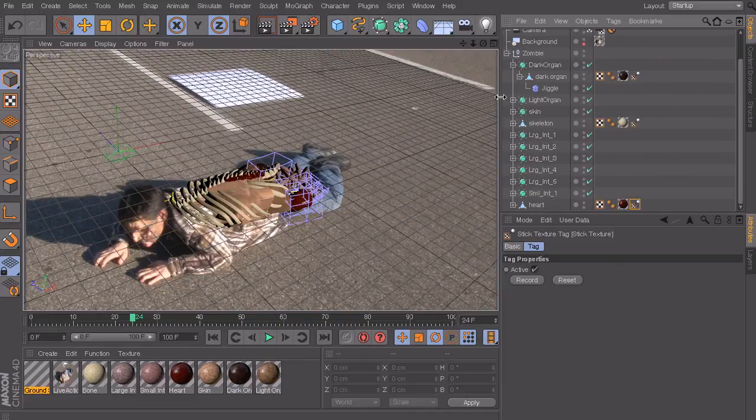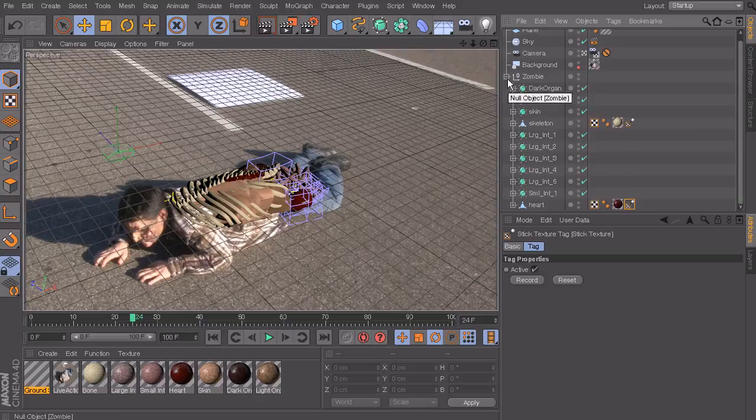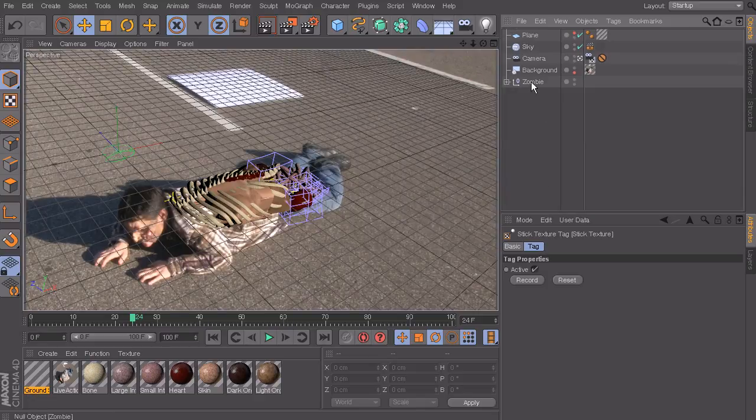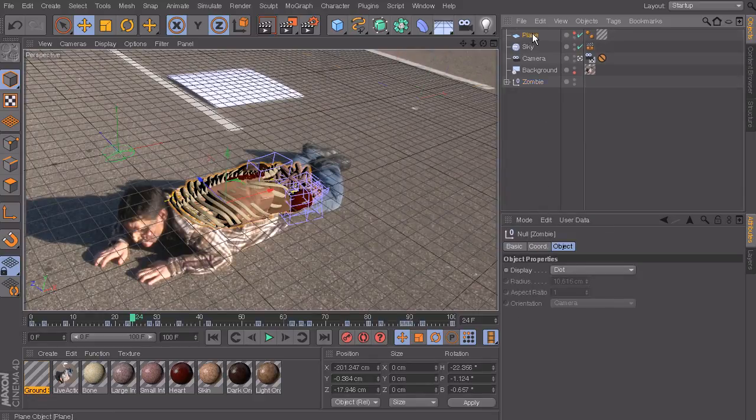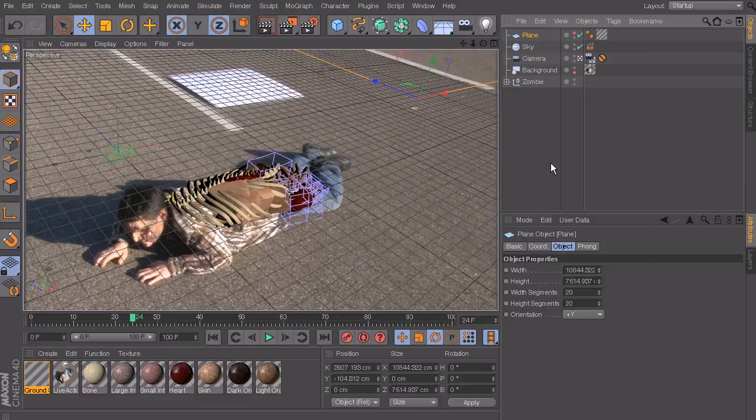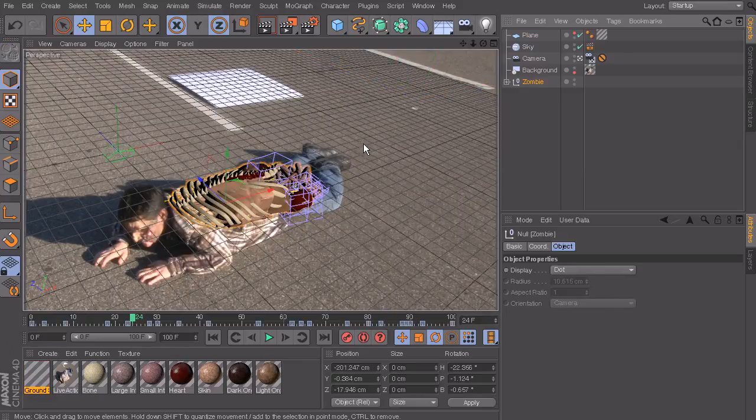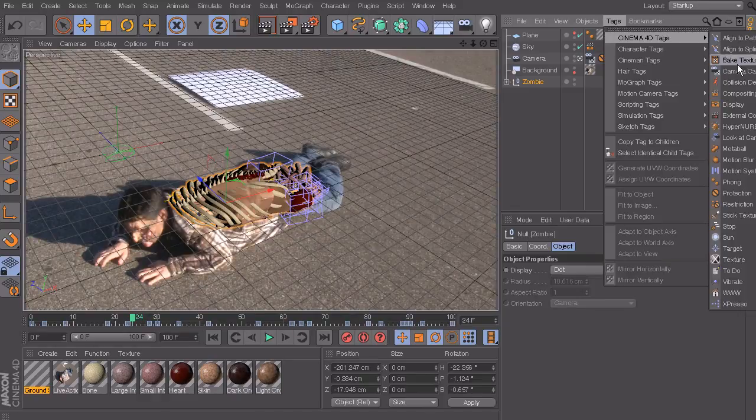Let's get started on that by kind of collapsing everything up, and we'll be able to add that just to this zombie right here, because the plane is going to have the shadow on it. We don't have to worry about that at all. Everything we need that alpha for that we're about to create with the object buffer is contained in this zombie null object. So we'll come up here to tags, go to Cinema 4D tags, and you're going to add another compositing tag,